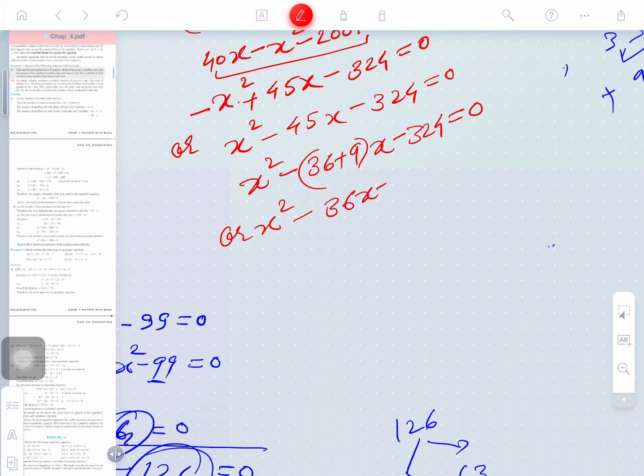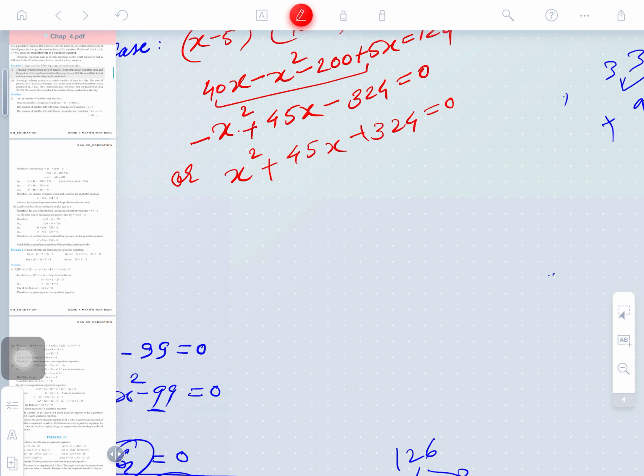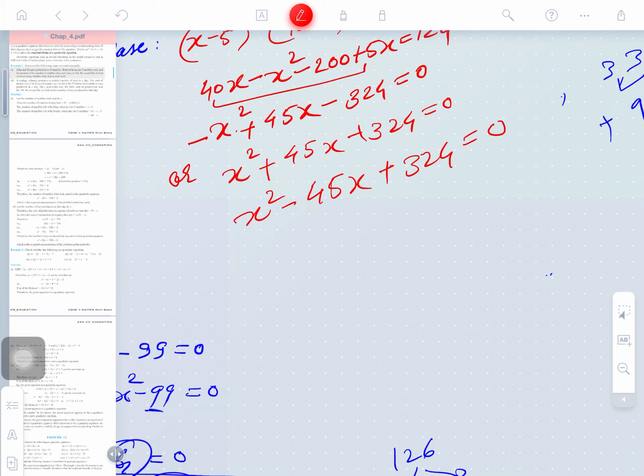x square 36x minus 9. Their sum is there, okay, plus 45 is going to be. So what will it be? Plus is there also? No, it's negative, negative, minus, and here will be plus. Oh sorry, I need to correct the equation. What is that? x square minus 45x plus 324. This is the correct equation. Okay, so it is positive, negative, positive. So x square, further you will add here 36 plus 9, and after solving you will obtain